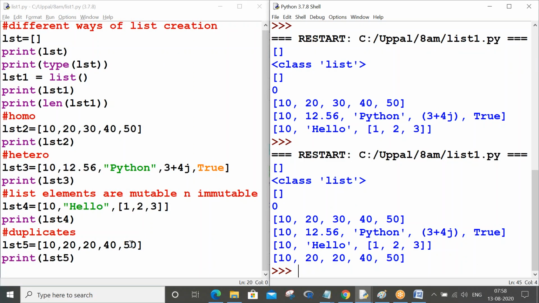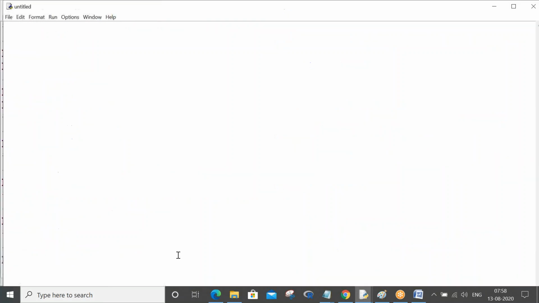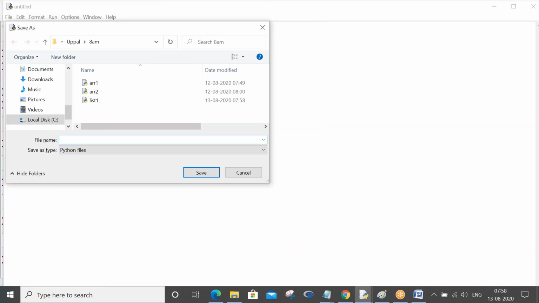So duplicates it is accepting. Shall I proceed? Okay, control N, control S.